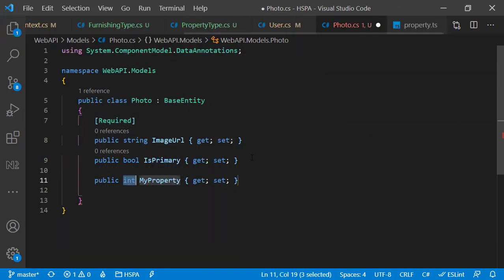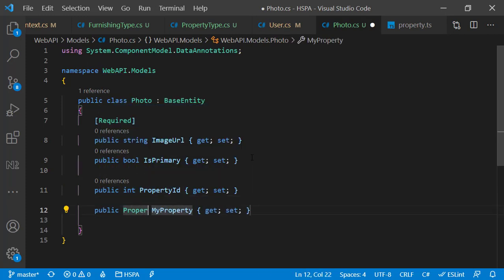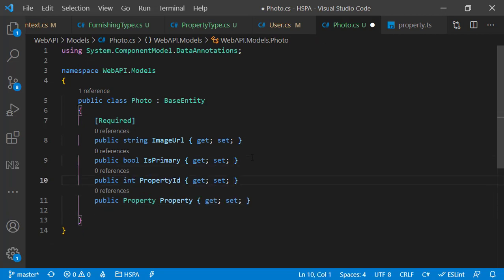Now the last thing, we need to add PropertyId here in the Photo class, and also need to add a navigation property for the Property entity here. Although it is not needed, Entity Framework will automatically define a foreign key relationship between the Property and Photo entities, even if we do not add this navigation property here.